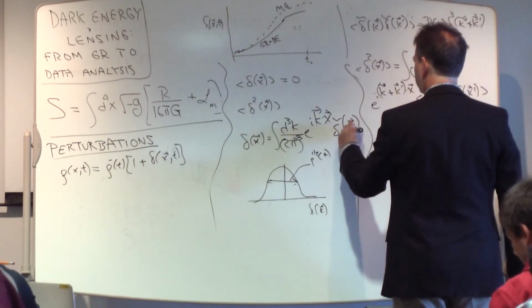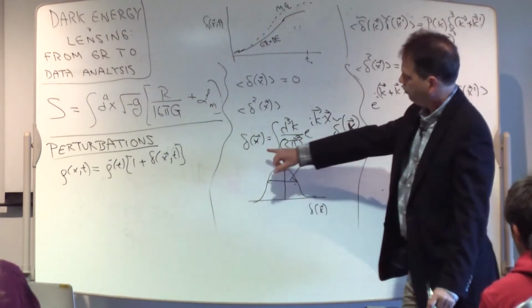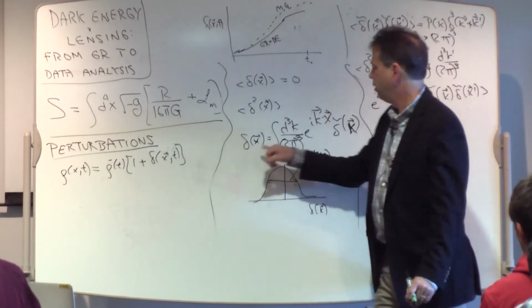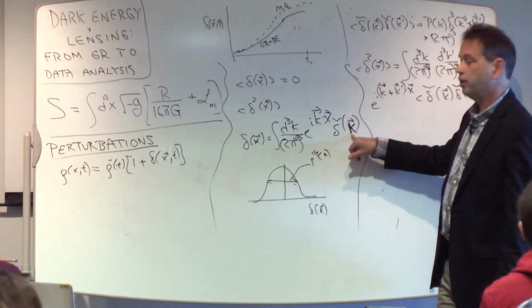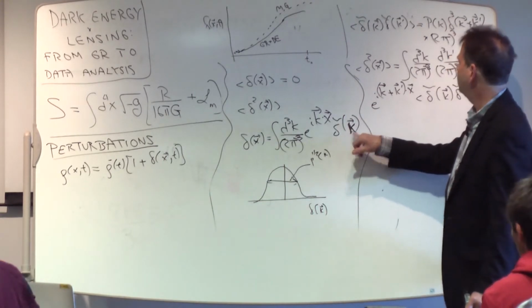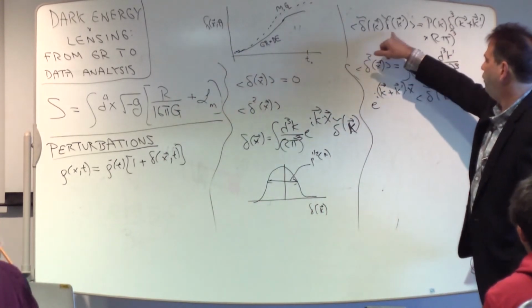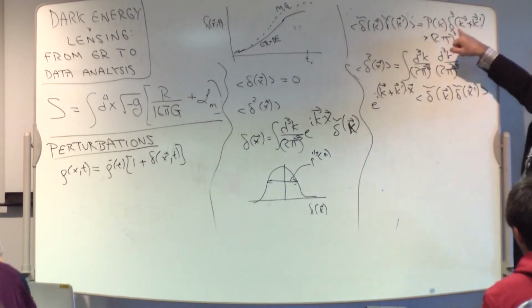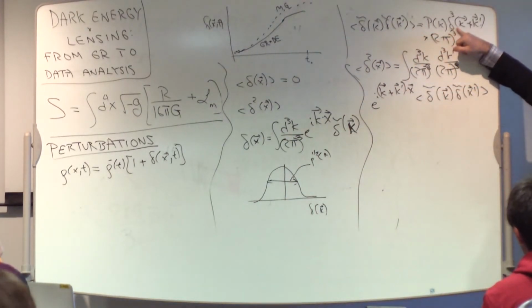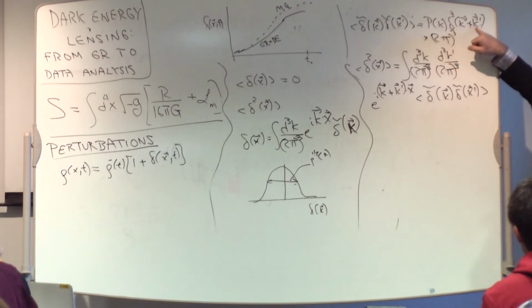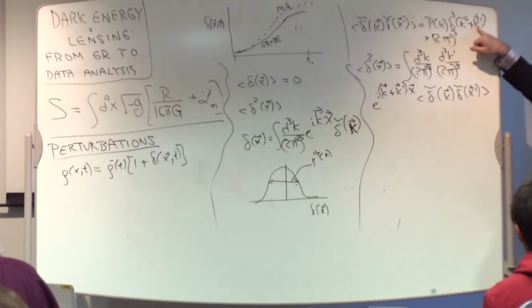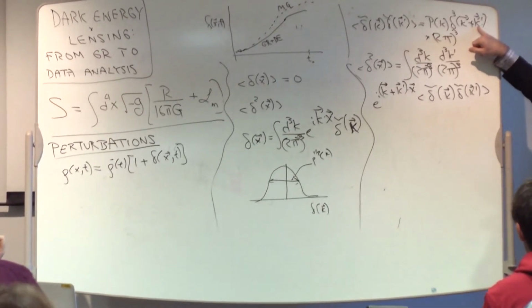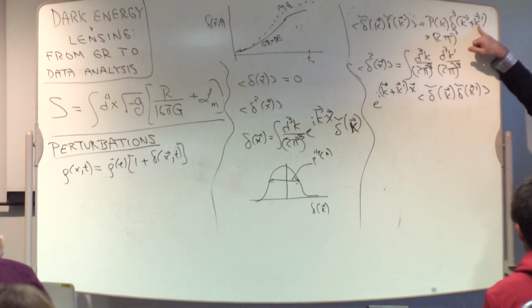This is not a Kronecker delta. So there's a lot of deltas floating around. This is the overdensity as defined here. This is the Fourier transform of that overdensity, which depends on wave number k, which is not x. This is the Fourier transform. This is the power spectrum. This is a Dirac delta function, a three-dimensional Dirac delta function that requires k and k prime to sum to 0. So that will be quite useful to you, because Dirac delta functions are very useful when doing integrals.